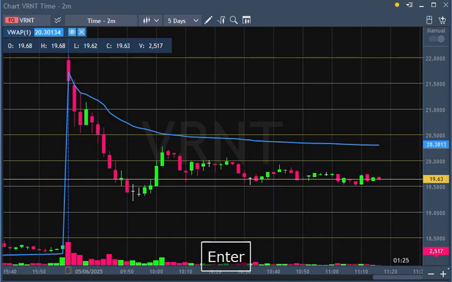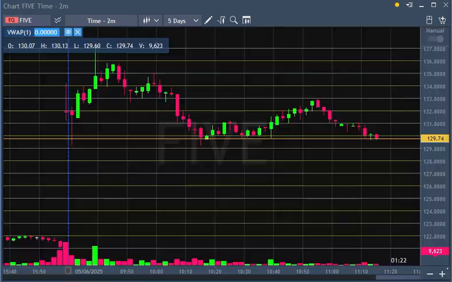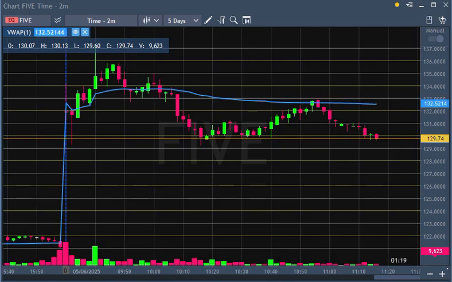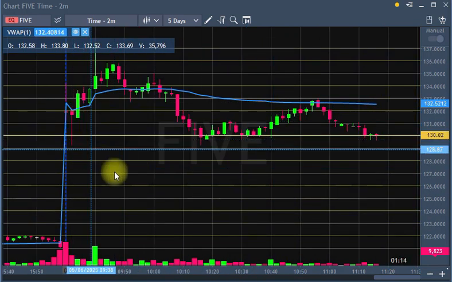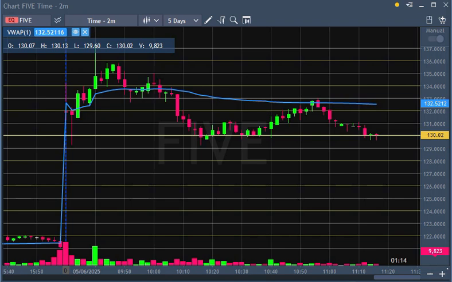Okay, another stock that reported earnings, FIVE. That's 5 below. I think that's an amusement park type of business. Another gap up. That stock really changed direction already a couple of times. In the morning a leg up, then a big leg down, then another leg up, and then another leg down. Okay, not an easy decision. The volumes are good.